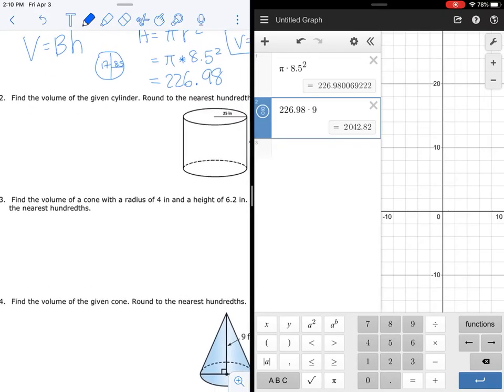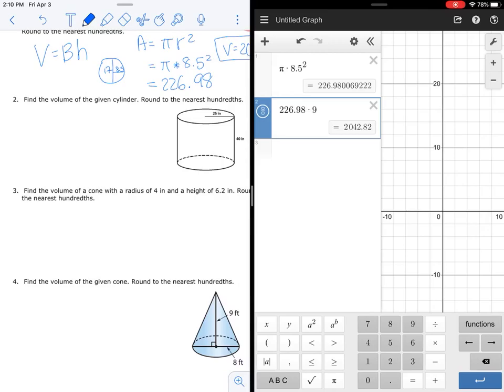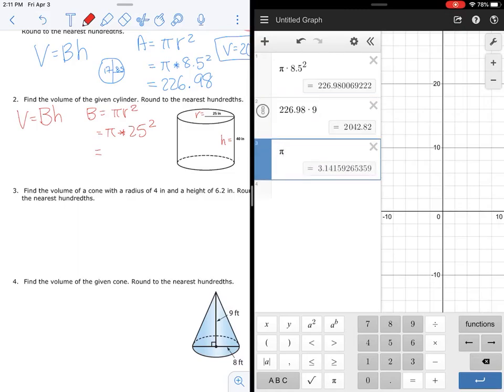Number 2. Find the volume of the given cylinder, round to the nearest hundredths. So we have another cylinder that has a radius of 25, and then we have a height of 40 inches. I know that the volume of a cylinder is big B times H. Again, in order to find the big B, it would be pi r squared, and it would be pi times 25 squared. And if we do that on our calculator, it could be pi times 25 squared, and that gives us